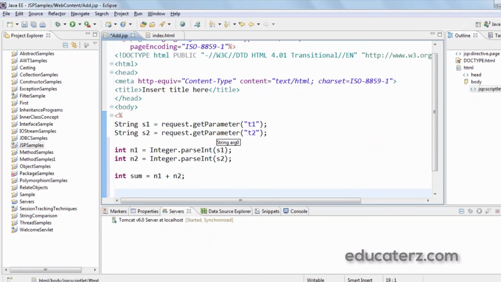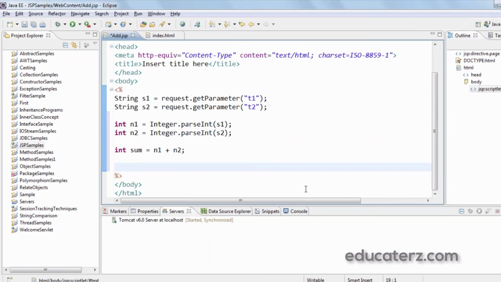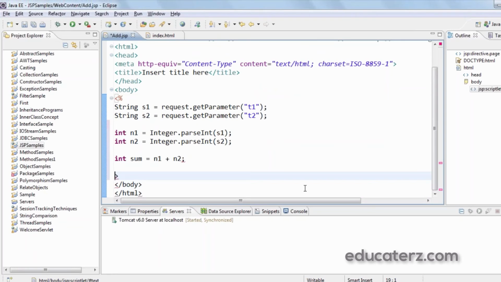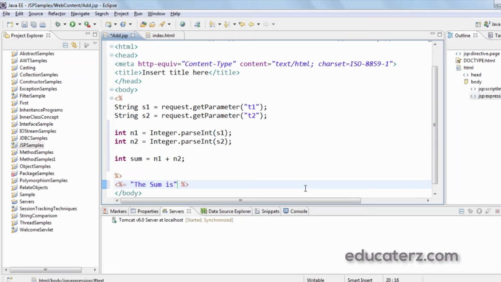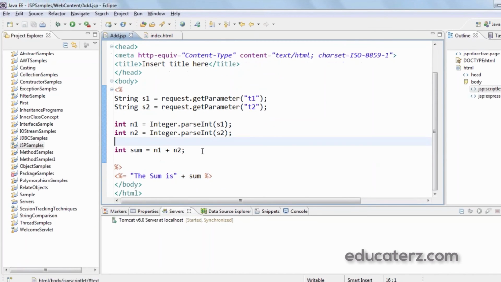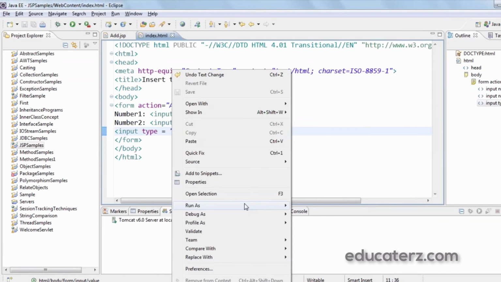If I want to print this, I simply use an expression tag, that is, percent equals the sum is sum. Let's execute and check.